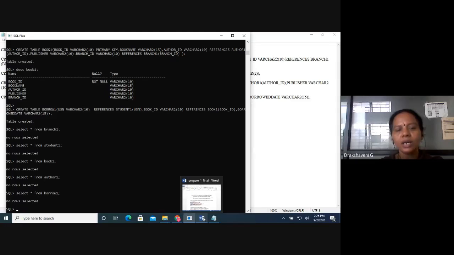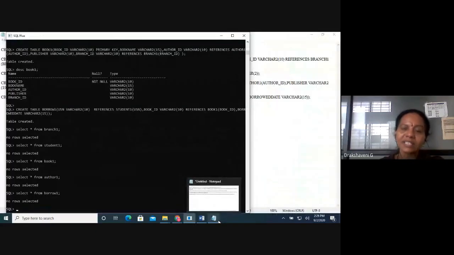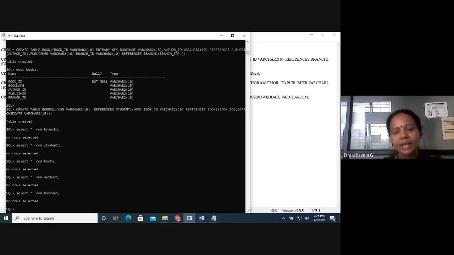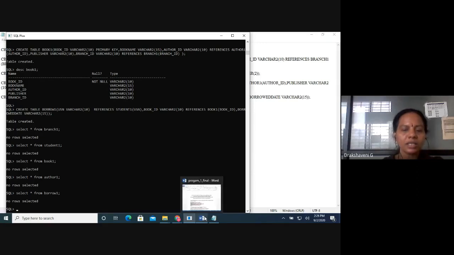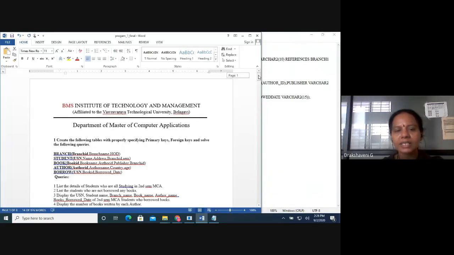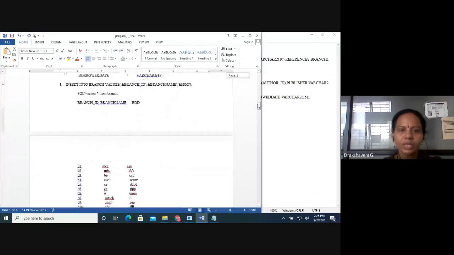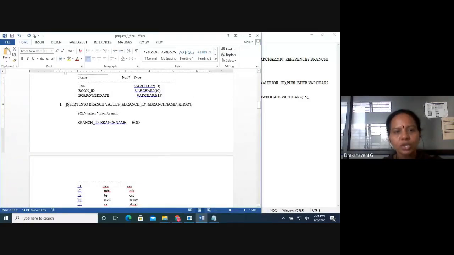Which is the first one? First one is branch. There are so many syntaxes for insertion. We'll go directly to a simpler one and study the many syntaxes in the theory section. But right now I'll take the simplest one because it will be easy and executing the program will be faster. There are different syntax formats for insert also, which I'll explain once in the theory class. But for the lab section I'll take the easiest one, which we will be using. So the easiest one we can use is this one. I'll just explain it to you. So what is this?